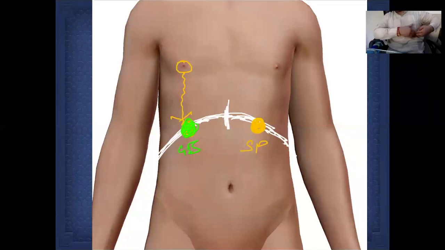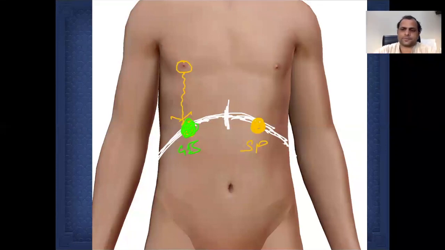If this side is painful on the left side, this indicates the problem of the spleen. If this side is painful on the right side, the lower border of the rib, this indicates the problem in the gallbladder. And I told you, if there is a pain on the gallbladder point,